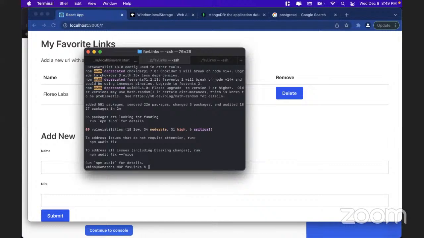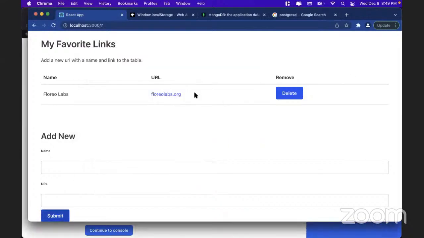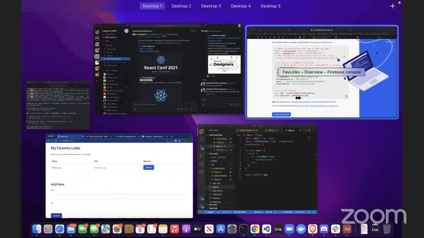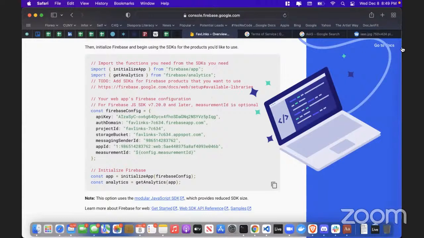So what I'm gonna do is leverage this code configuration that they give us, and we're gonna put it into our application to connect it. And then we're gonna figure out what kind of database we're gonna wanna use, and I told y'all we're probably gonna use the Firestore database,